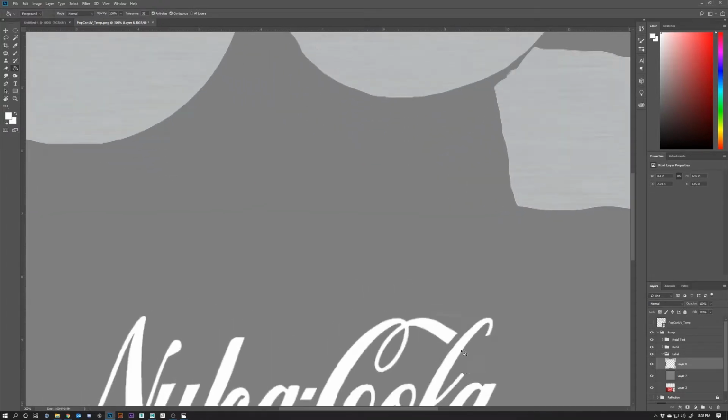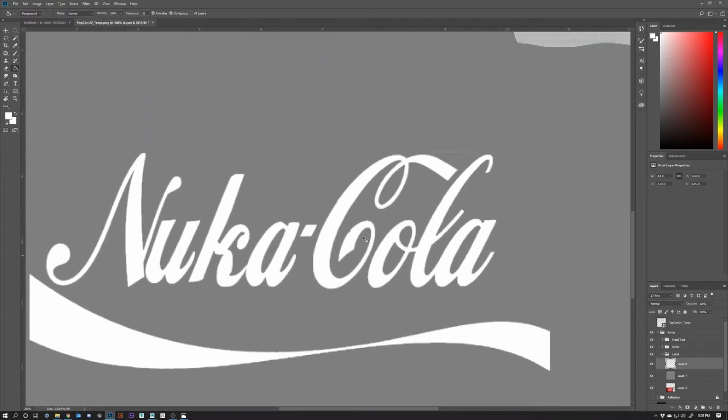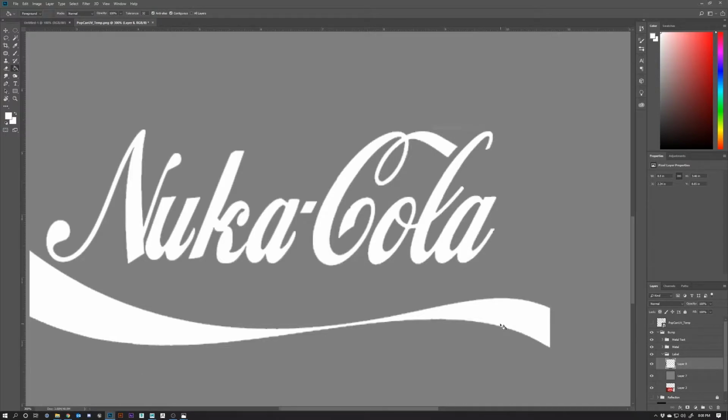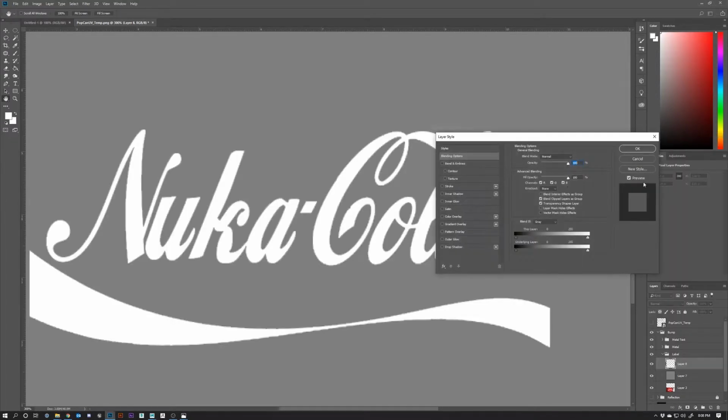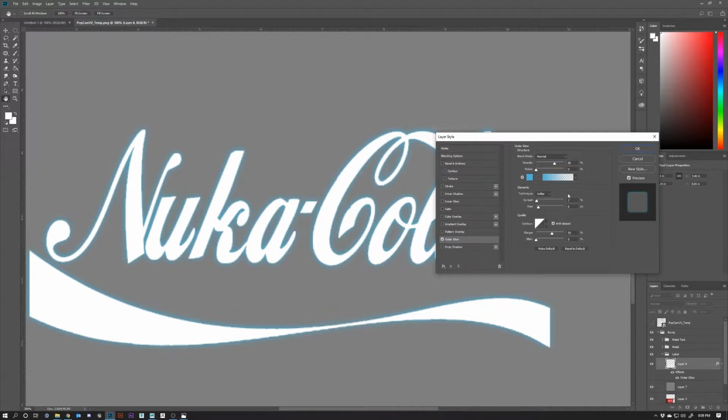So this is going to be a pretty rough transition. It's going to transition fast. So if we want to soften it, we can do things like, if you right click this Nuka-Cola layer that we created, go to blending options. If we add like an outer glow, maybe outer glow, select it,